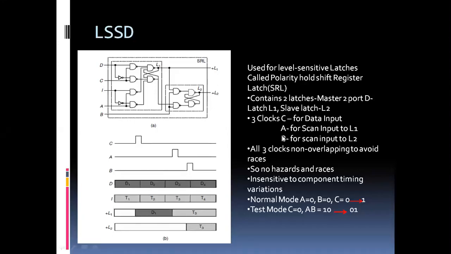But since it is level sensitive, each working on a different clock, we are not concerned with the rise time and fall time variations of the signals which are driving the outputs. So that is the second big advantage of level sensitive